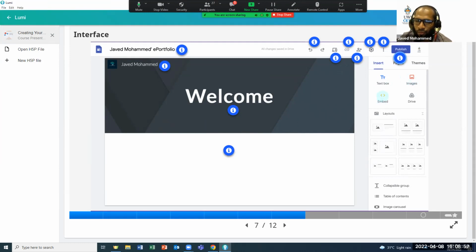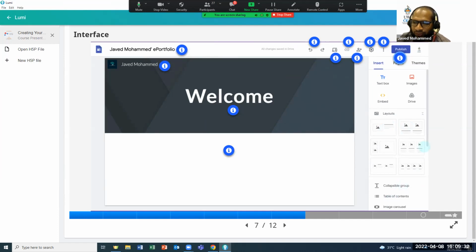You have the code option, embed code, and you have quick access to your drive. Layouts could be a friend, yes, but I would encourage that, for the purpose of getting accustomed to the site, if you have no experience, don't use layouts. Just go on the system and start playing around with it, working on the page and creating your own layout. Then you'll be able to choose layouts and edit those layouts.